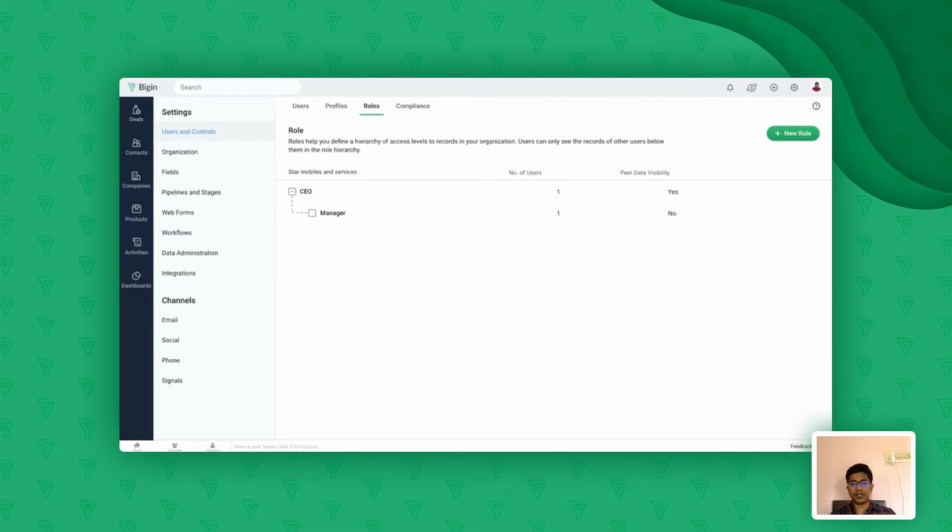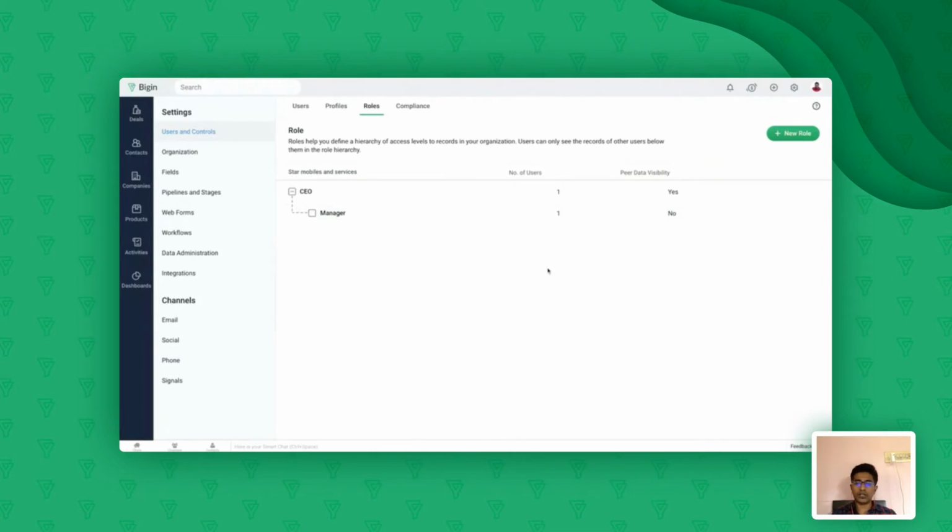CEO, being the higher role, will be able to view the data that is associated with a manager. So the idea here is anybody who is in a higher role will be able to see data which belongs to a user in the lower role, but not the other way around. So a manager cannot see any record which is under the CEO's ownership, but the CEO can view records which are associated with a manager.